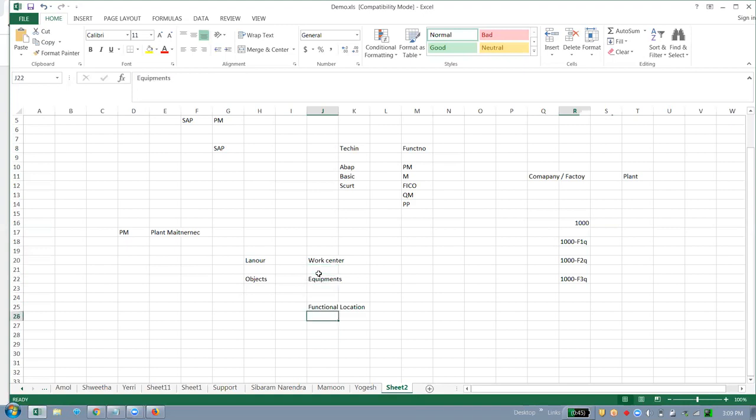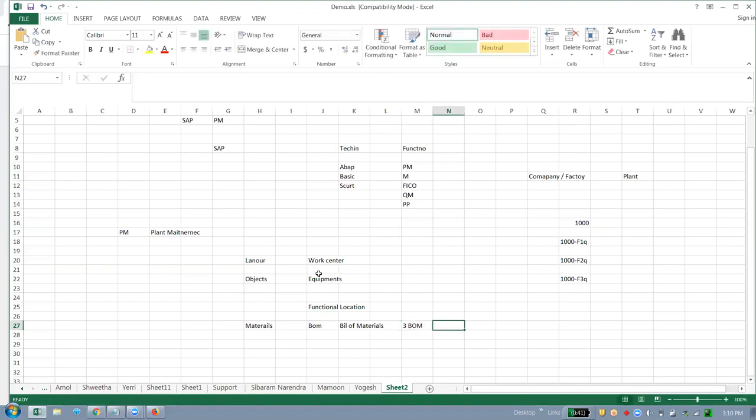To carry out our activities, after this we need our materials or spare parts, right? Spare parts are called in SAP BOM, bill of materials. They won't say bill of materials, they'll say BOM for short.